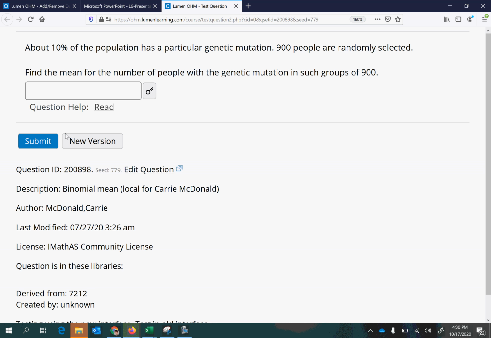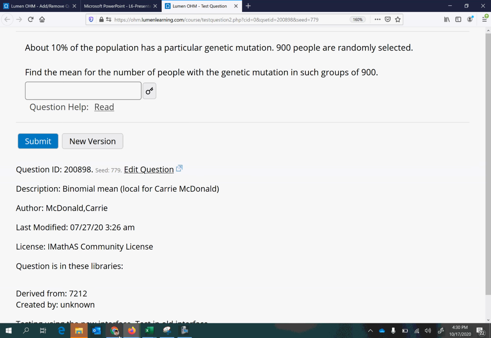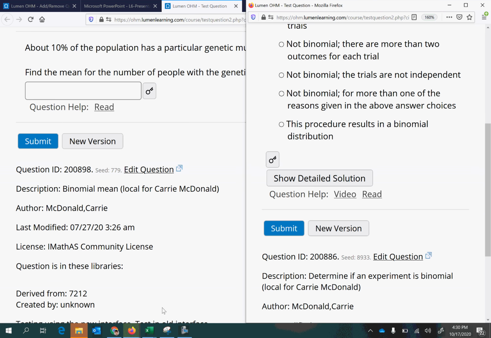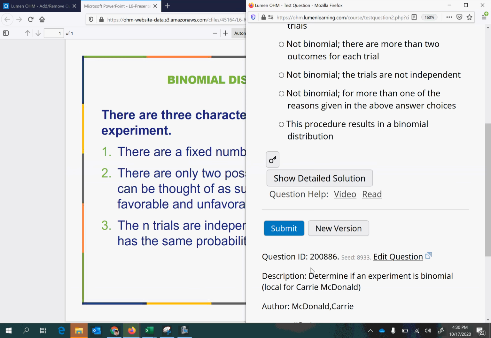All right, so this example, I don't think this is the right one. I lost my question. Maybe I have to, oh, there she is. Okay, we found her. Okay, so let's look at some different